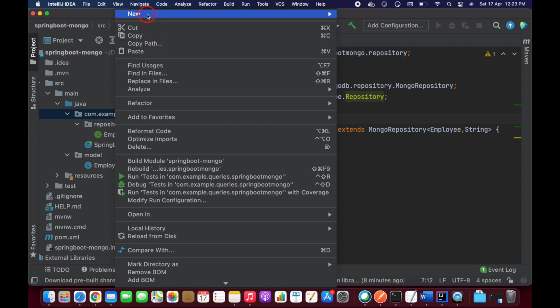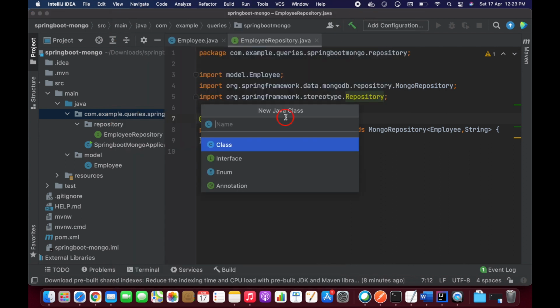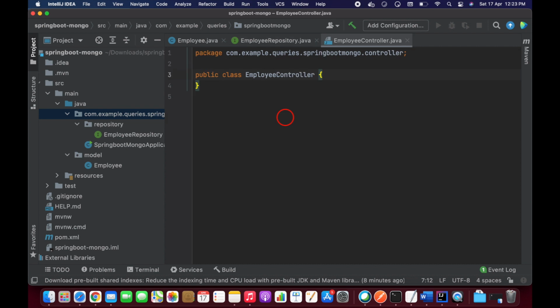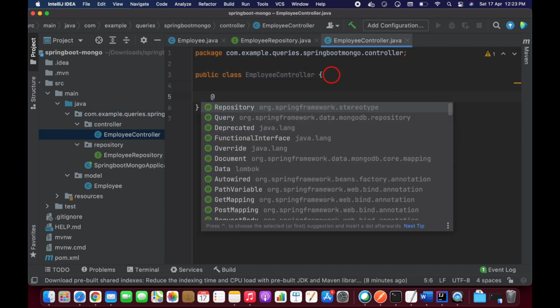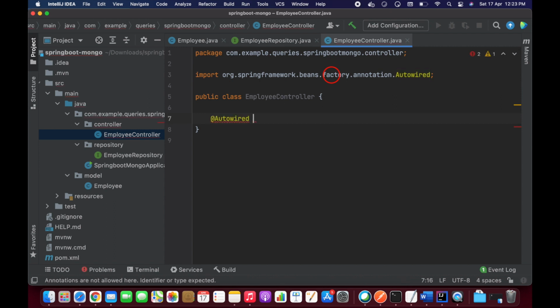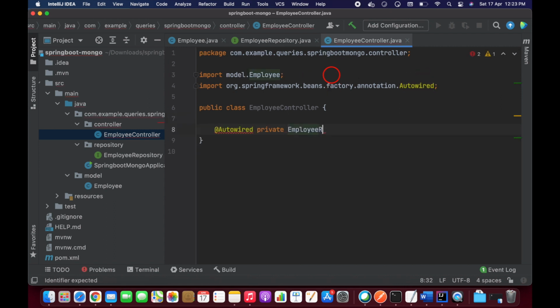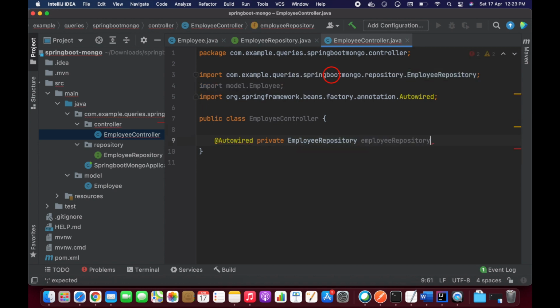And now we need a controller. Let's create a controller. Inside this controller package I'm going to take EmployeeController here. Let's autowire our EmployeeRepository.